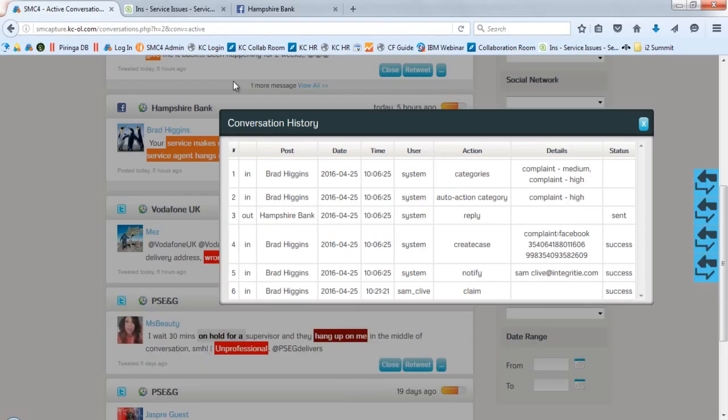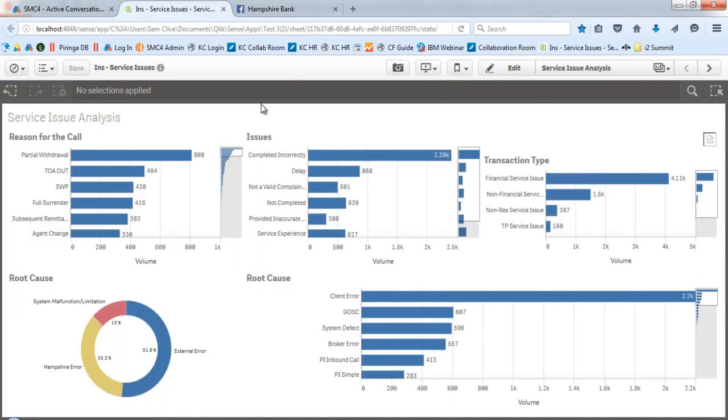Okay, so as Michael said earlier on, a lot of organisations do have some level of reporting, but it's very much a case of we received 2,000 complaints today, yesterday we received 1,700, therefore yesterday was a better day. They have no idea as to what the actual cause is, they have no idea how to actually analyse that data. As our case management system captures absolutely every detail relating to that case as it is processed through all the way through to resolution, we can start to extract that data and really provide a platform for organisations to